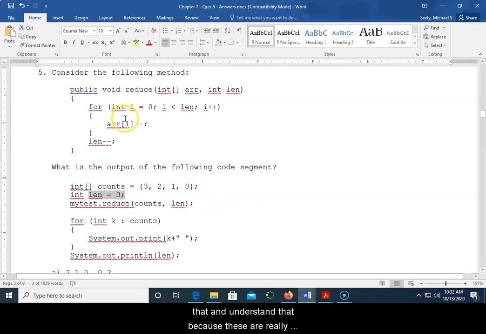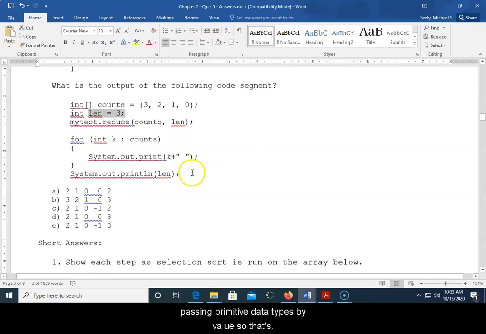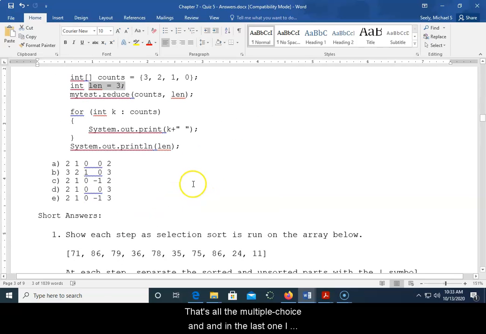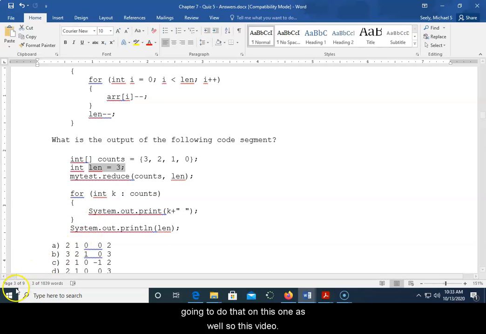You need to watch that and understand that, because these are really good AP questions to see if you understand how aliases work, and how passing objects by reference is different than passing primitive data types by value. So that's all the multiple choice, and in the last one I broke up the multiple choice and the short answer, and I'm going to do that on this one as well. So this video is